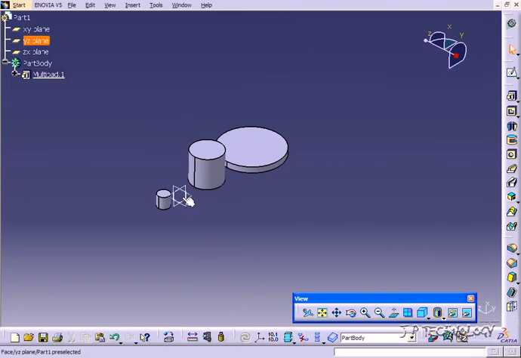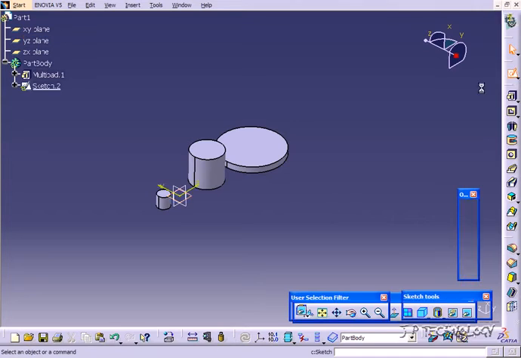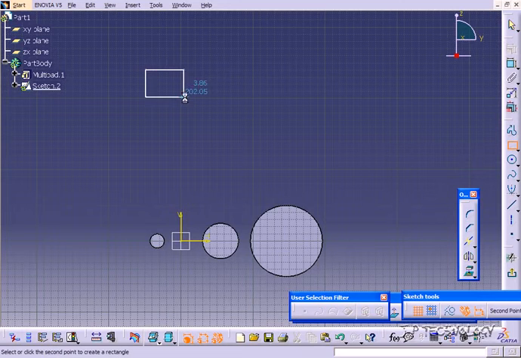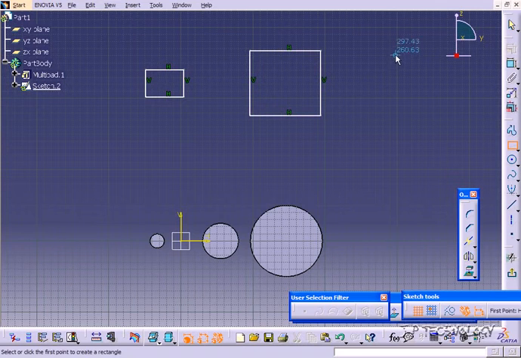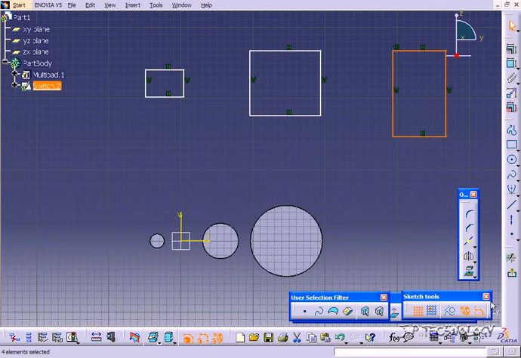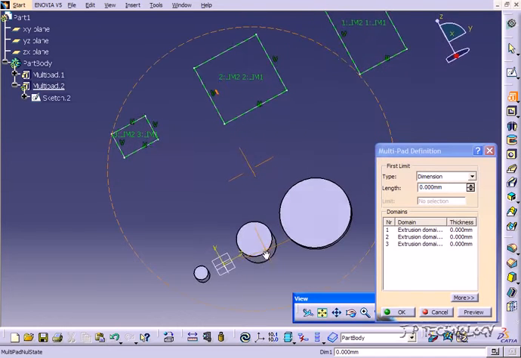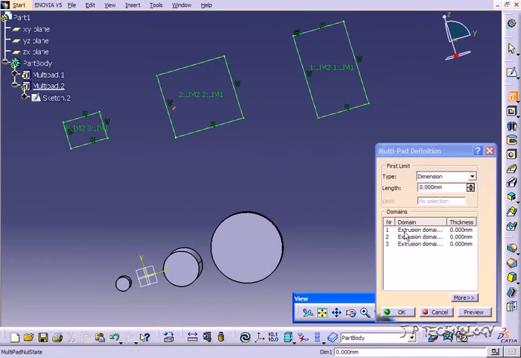Now let's do a few more. So let's click this plane here, click Sketch, and let's do a few squares. Let's draw some squares up here. And let's exit this workbench. And from this sketch, we're going to do some more multi-padding. So let's click multi-pad, click on the sketch, and again we have 3 sketches and 3 different extrusions to play with. So let's click number 1, and like the normal pad,